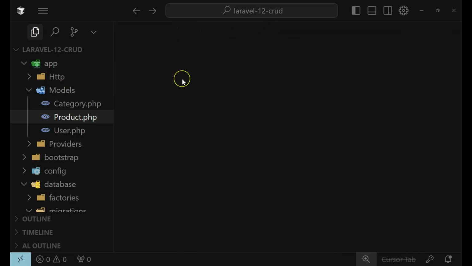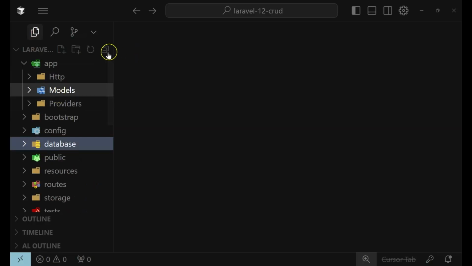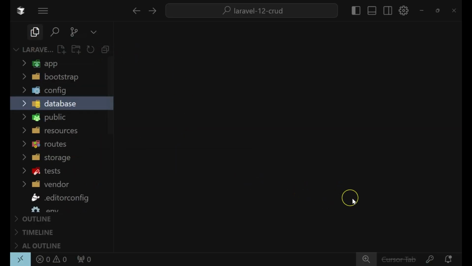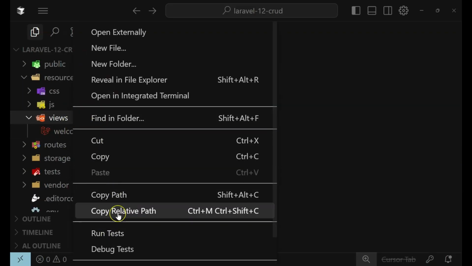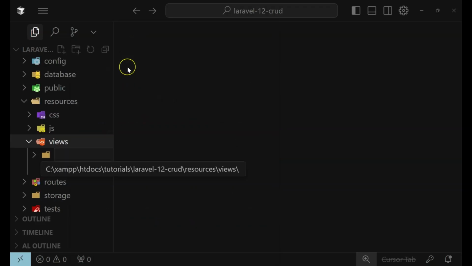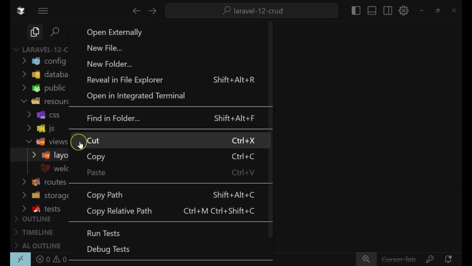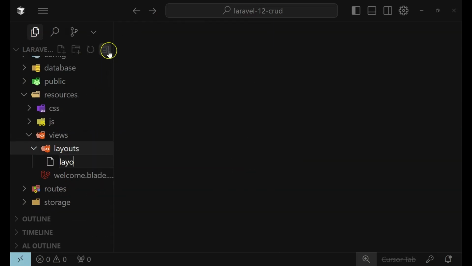So now let's go and start to code our application. After that, let's start by creating the layout of our application, and we are going to create the routes for starting to deal with the application. So let's go to resources, then views. Then here we are going to create a new directory called layouts, and inside that layouts I'm going to add a new file called layout.blade.php,